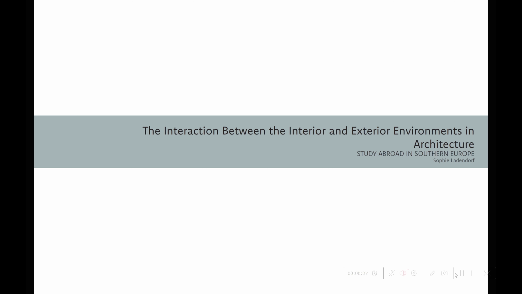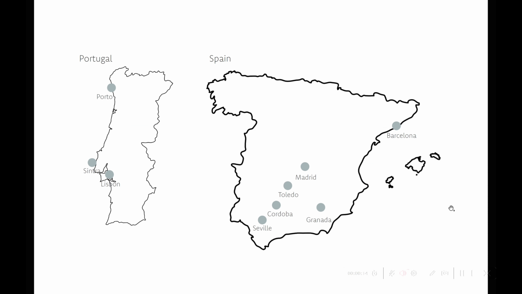This summer, I had the incredible opportunity to travel abroad to Southern Europe, specifically Spain and Portugal. My group traveled to Barcelona, Porto, Lisbon, Sintra, Seville, Cordoba, Granada, Toledo, and Madrid. As shown on these maps, I have everything mapped out of where we traveled. We started in Barcelona, made our way to Porto, Portugal, and wrapped around that coast, and then made our way